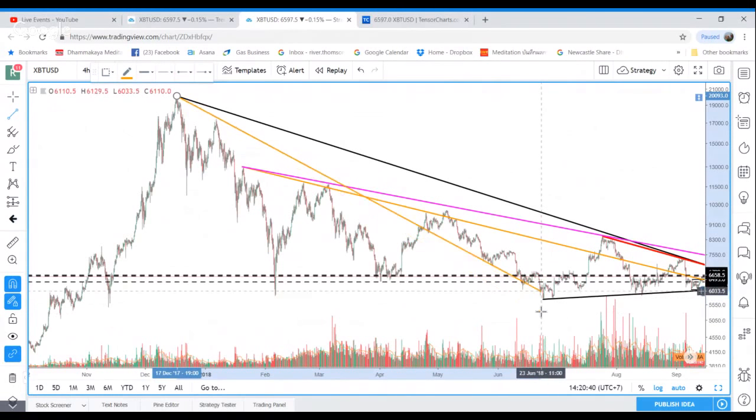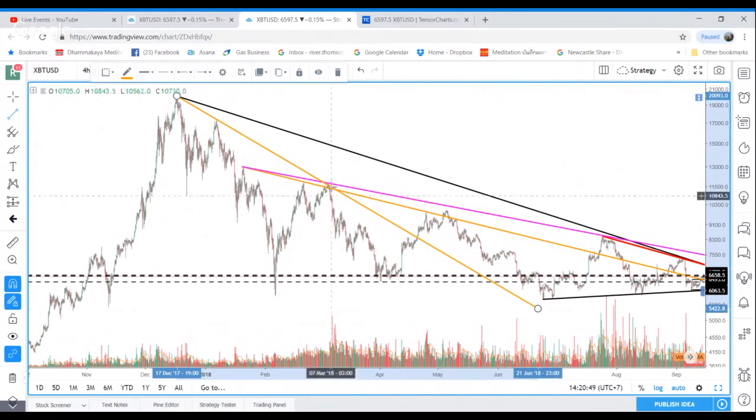And look at that diagonal. Pretty precise rejection there. Now I'm still on the logarithmic. Pretty precise rejection here. And it sent it all the way down. Finally broke out, held it, and we're off. Okay, so that's an example here of the true breakout. But if we do that same line between these two peaks on regular,